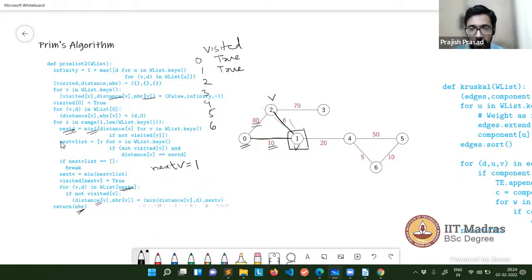Now we look at the edges whose distance is 0, right? And which are not visited yet, right? And we take the minimum of that. We look at the minimum of that, so the next vertex which is not visited. And then the minimum of that is,